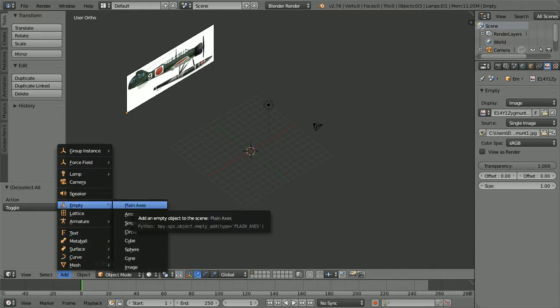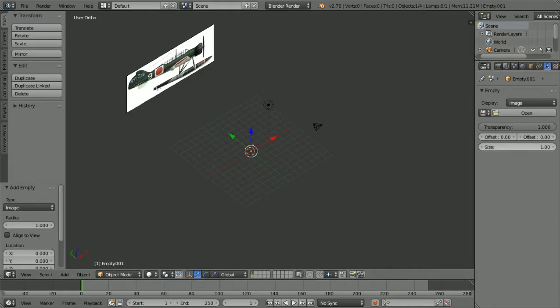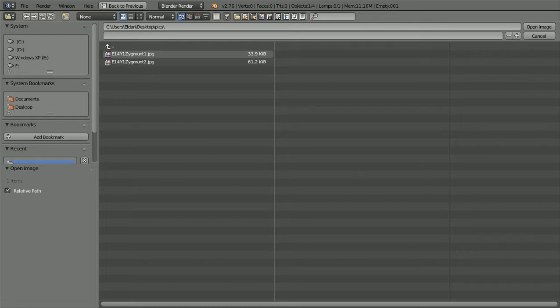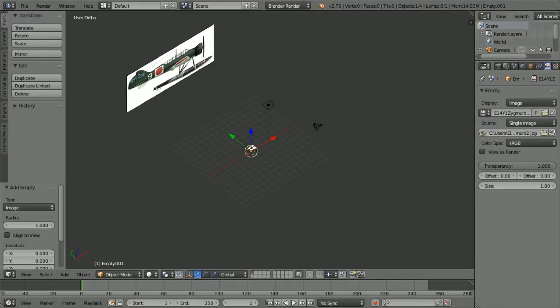Some people use the plane axis, then they add the picture, but I just go straight to the image. Click on image. Click on open. I want to go to desktop because that's where I got my pictures at. You have to find where your file's at. And this time, instead of opening 1, we're going to open 2. Open image. Alrighty, now if I go 7 again,